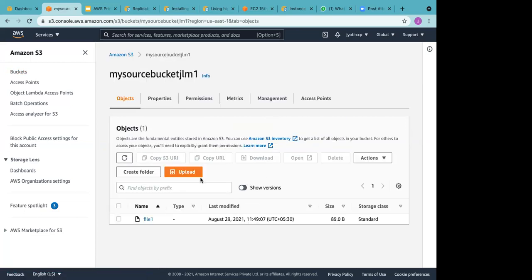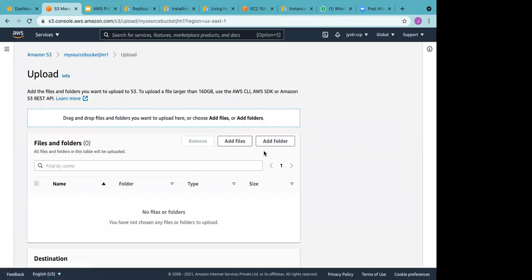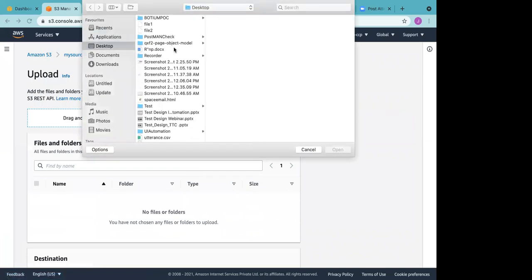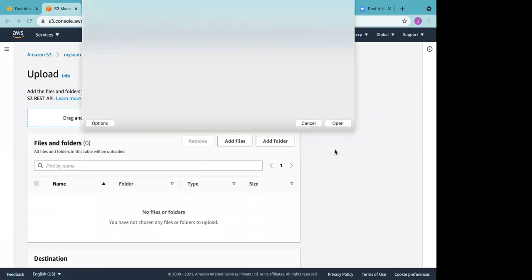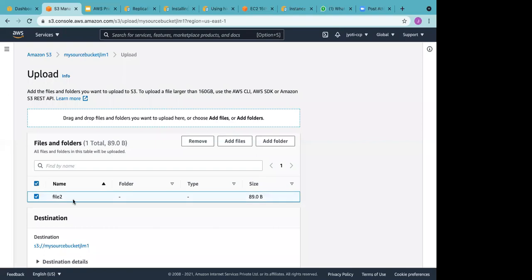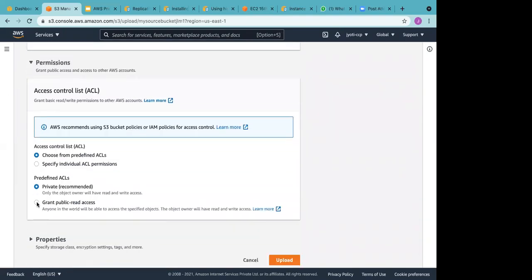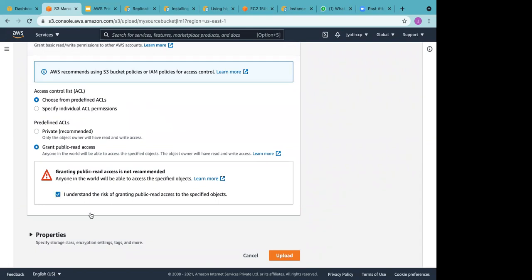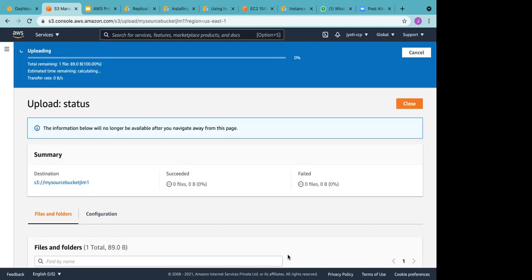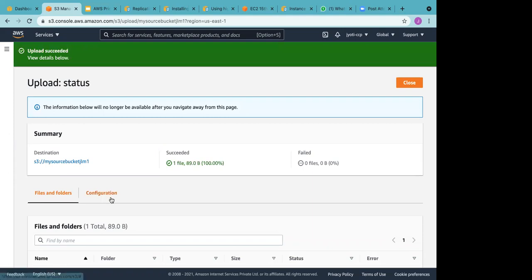Source bucket, upload, add a file, file 2. So if we have created the rule correctly, then this should get copied to my destination bucket.